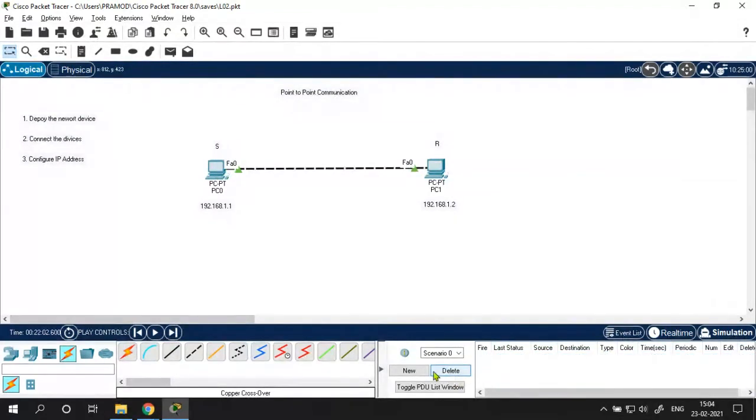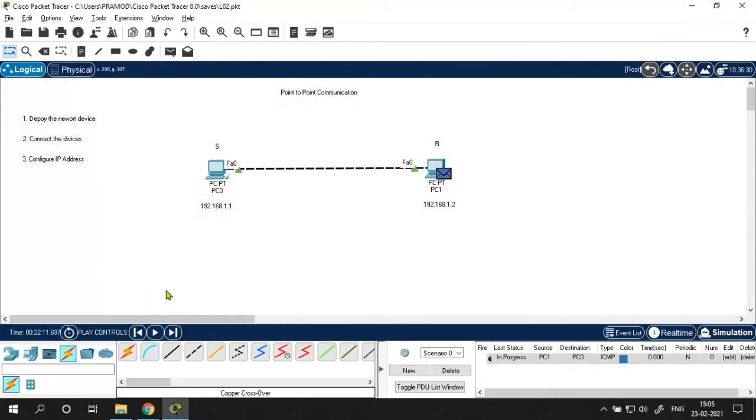Let's delete it. Repeat the same process. Select the PDU. Okay, let me delete it. Cancel it. This time this machine is the sender, this one is the receiver. Now this time I'm not going to do the capture and forward.